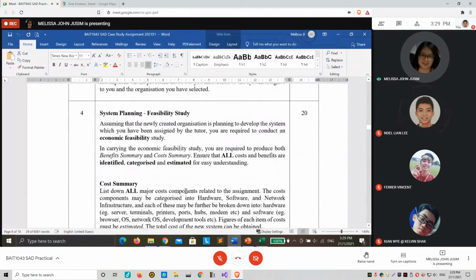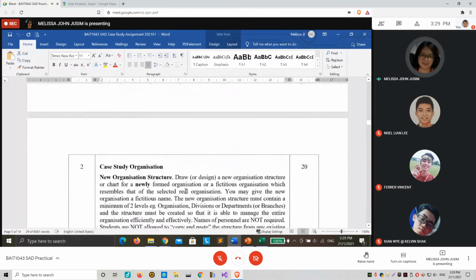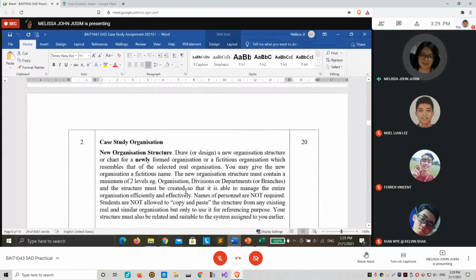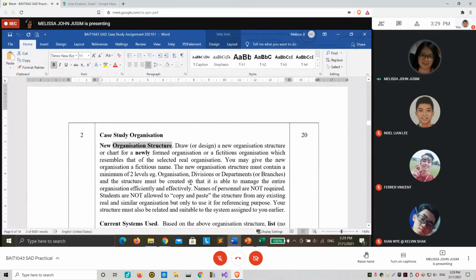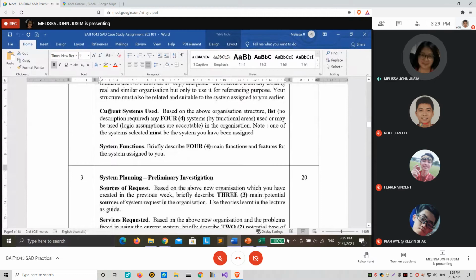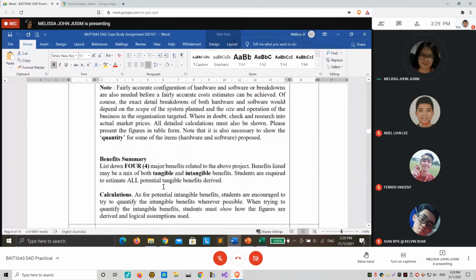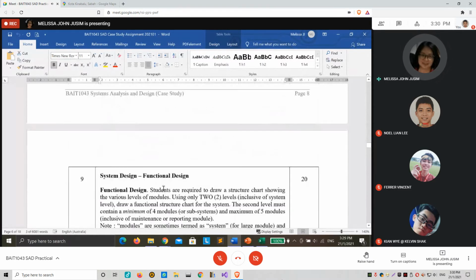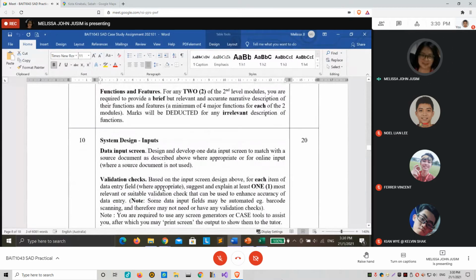But then make sure, for week two, I will get you all to do the in-class work where you need to see the organization structure. Okay, and you need to be able to find out what system they use, whether it's a core system or non-core system, right? The one that is already done for you would be, where is the database?